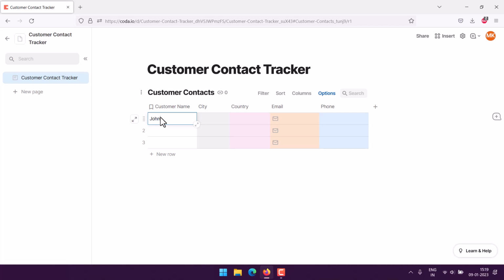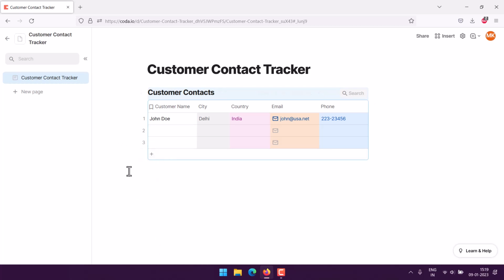So John Doe, city, say, let's say something like Delhi, India, then john@usc.net, then phone something like, right, and so on. So we have our first entry, we can go on keep adding the rows for this